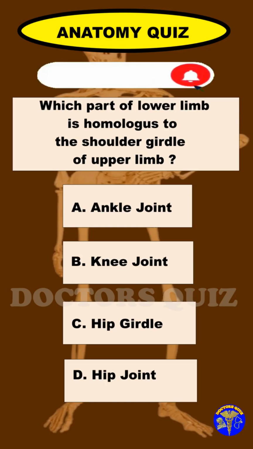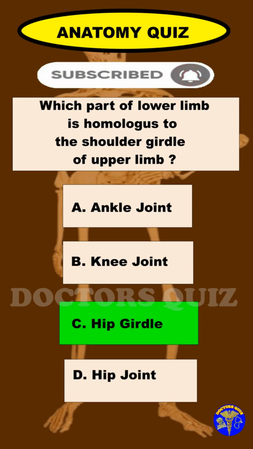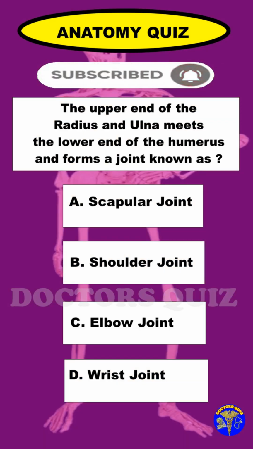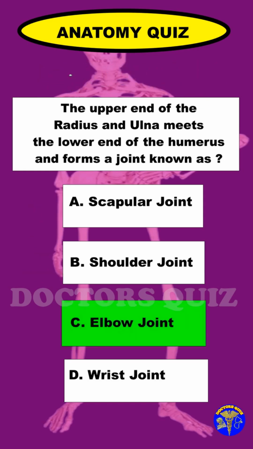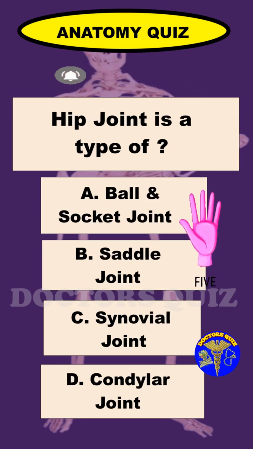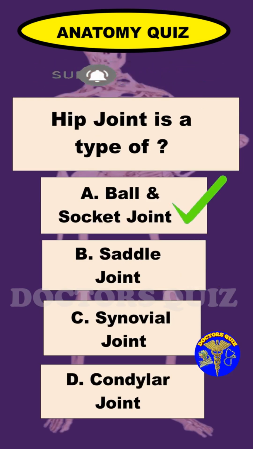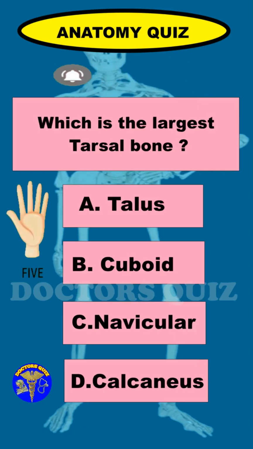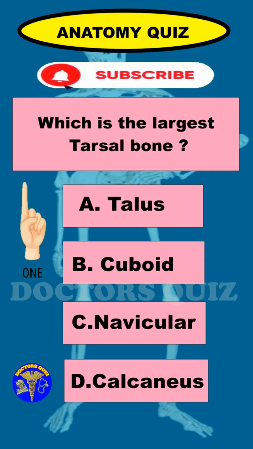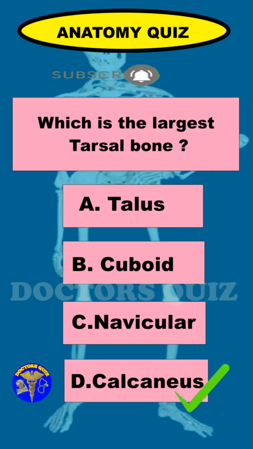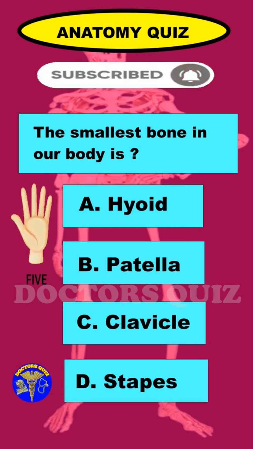clavicle. Which part of lower limb is homologous to the shoulder girdle of upper limb? Hip girdle. The upper end of radius and ulna meets the lower end of humerus and forms a joint known as elbow joint. Hip joint is a type of ball and socket joint. Which is the largest tarsal bone? Calcaneus. The smallest bone in our body is